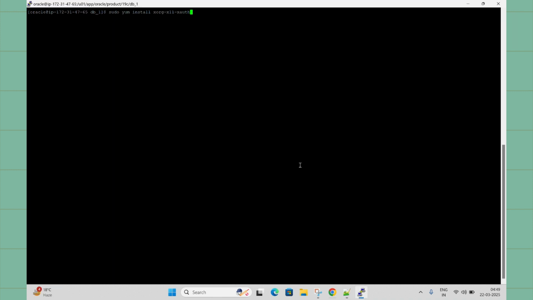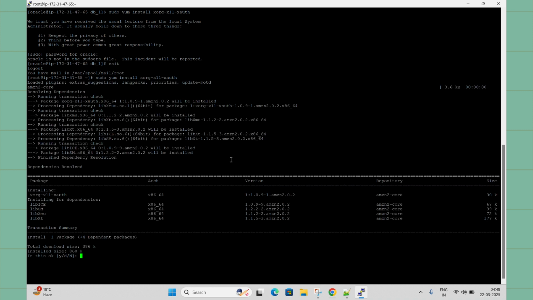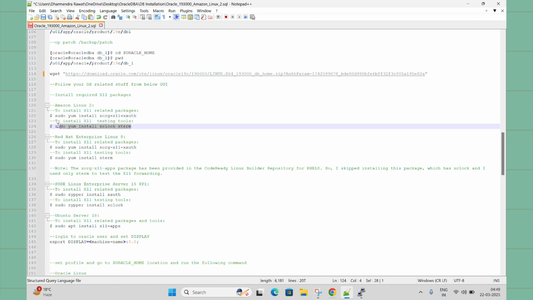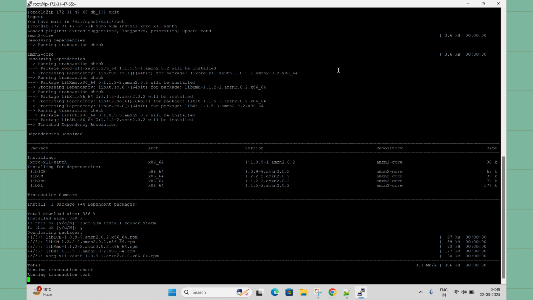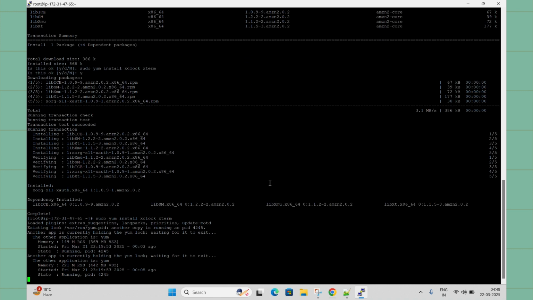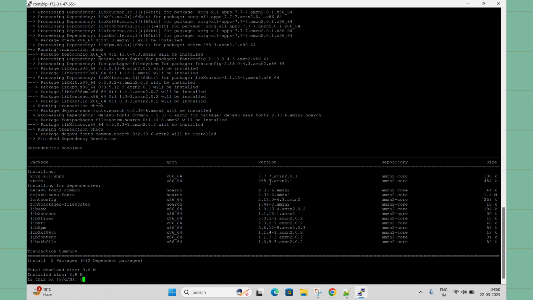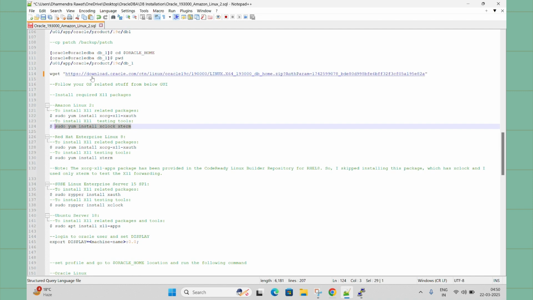Sudo, this package needs to be installed, and see, it is asking to let me run it using the root user, because it is not allowing me to install this package from the Oracle user. And again one more package, this. Sorry, here first we need to confirm. Now again the second package. See, all the packages are installed now, right? Package installation is already done, software already downloaded and unzipped.